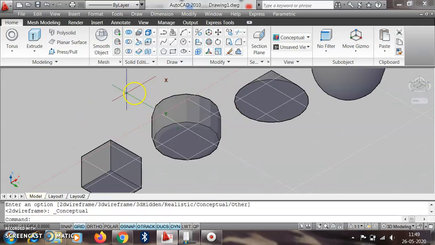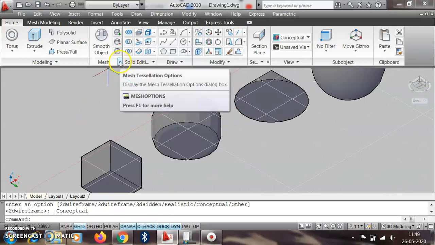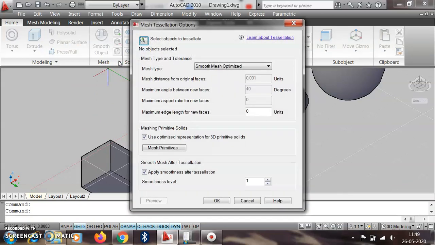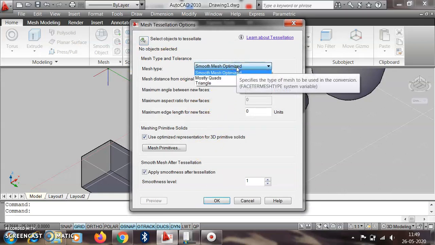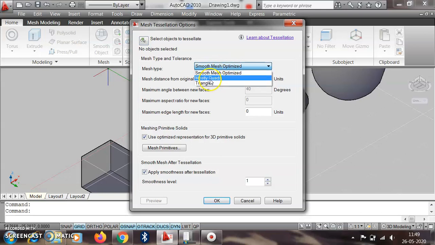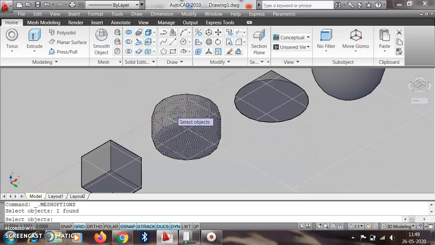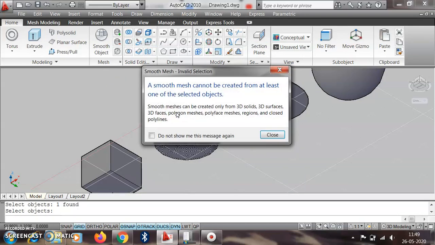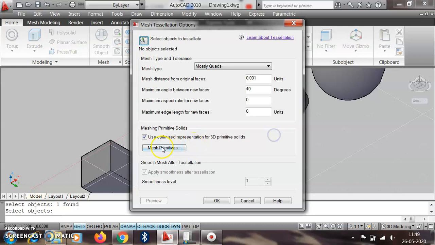We can change the smoothness also, and there's the wire mesh frame. Suppose we have to change, instead of this smooth surface, to a more quadrilateral surface, then select the object and click on this one, enter, then close.